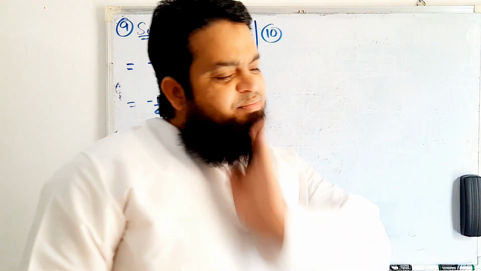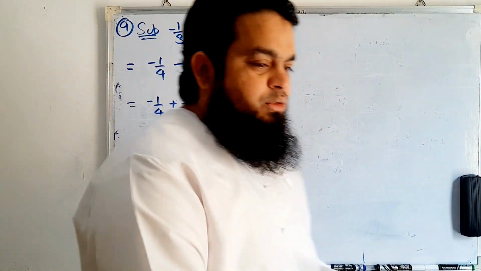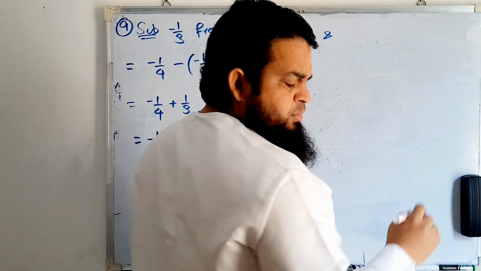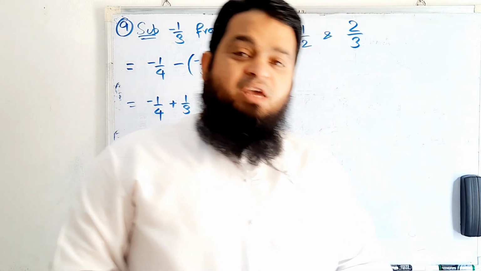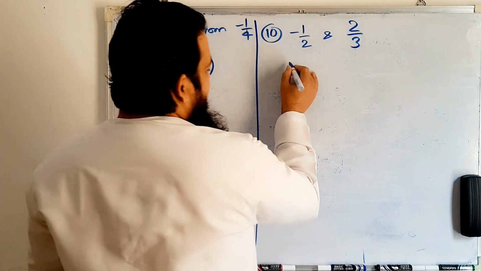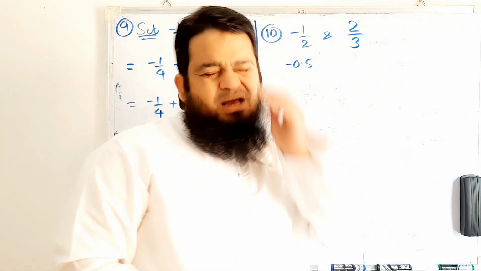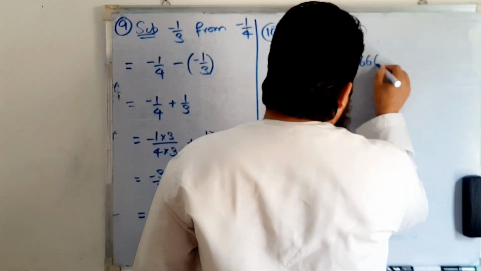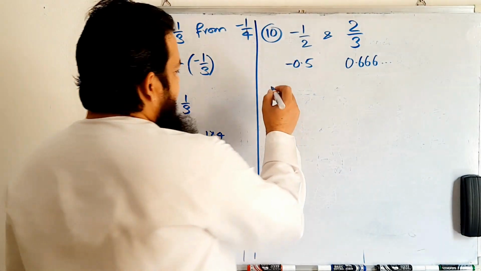Which of the options can be three rational numbers between -1/2 and 2/3? He is asking for options between -1/2 and 2/3, and he has given a hint: the option can be chosen even by finding the values of the rational numbers in decimals. So what is the value of this? -0.5. And what is the value of 2/3? About 0.6666.